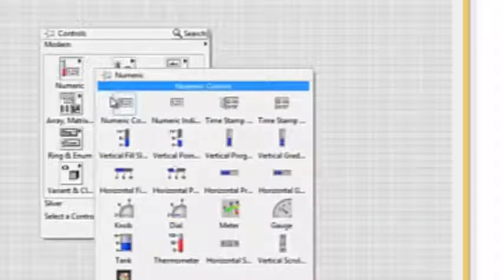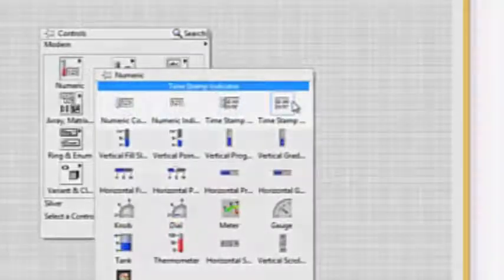So first of all, let's have a look at numeric controls, and you can see here we have all numerical controls in this numeric panel. For example, if you want to show some analog or some float value, then you can use these numerical controls. Suppose you want to show the temperature of some patient, then you can use this thermometer. These are all the controls which can be placed on the GUI to have some interaction with the user.